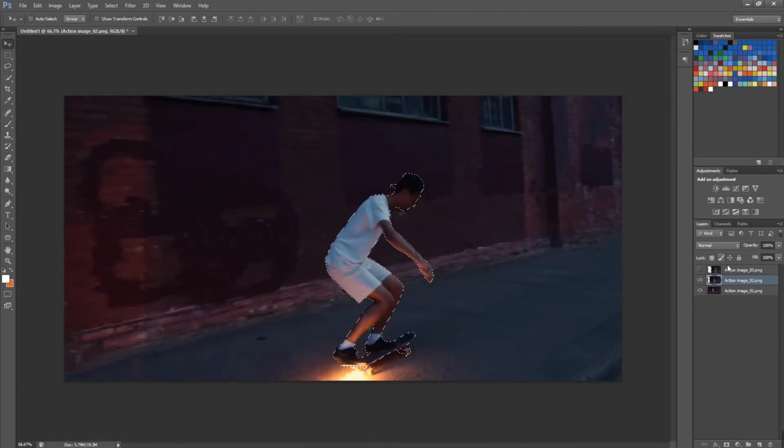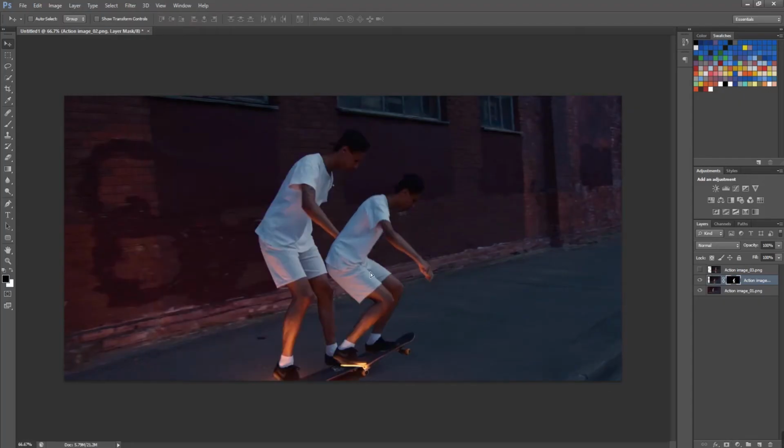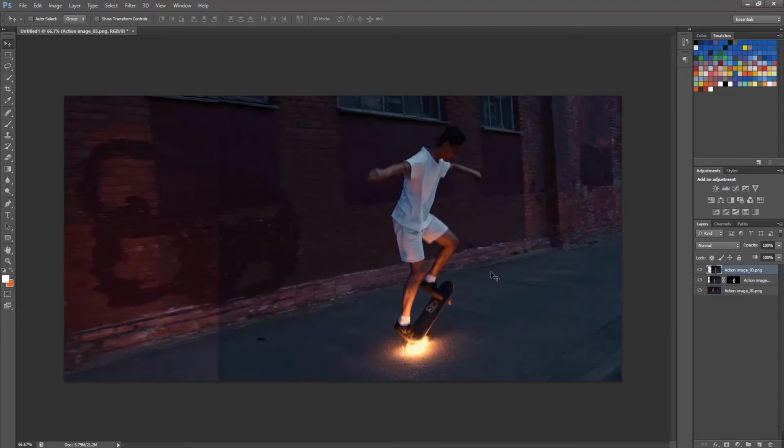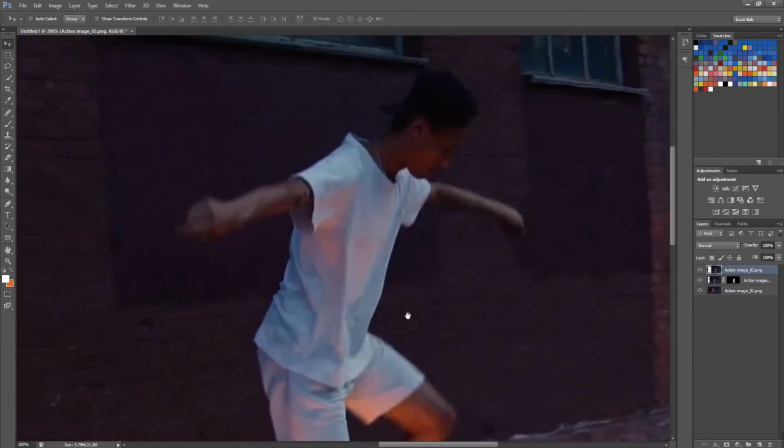After done with the selection, click on the Create Mask button at the bottom of the layer panel. Now select the top layer and repeat the same process again.